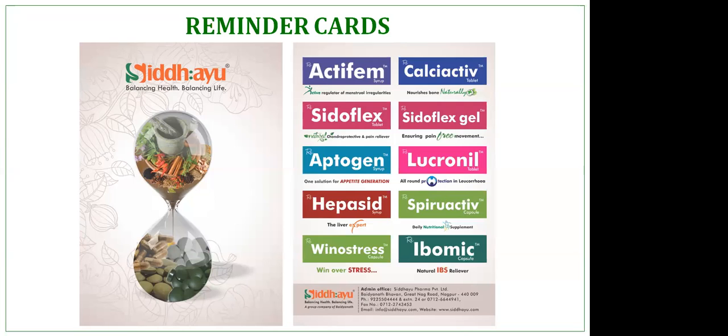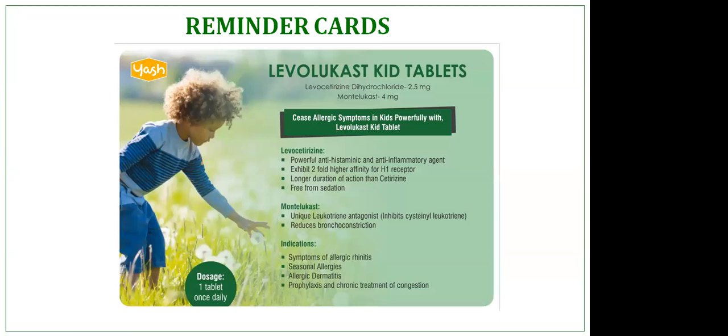So what I'll do is I'll make a single product reminder card, right? And I'll just remind about that one product rather than giving him a brief about all the other products that I have. I'll just put one single product reminder card that will remind the doctor about my brand, what are the unique points about my brand, what are the indications and what are the doses, right? It's as simple as that. So these are single product reminder cards, right?